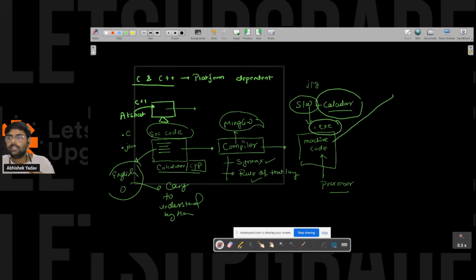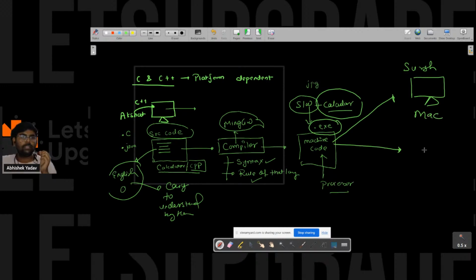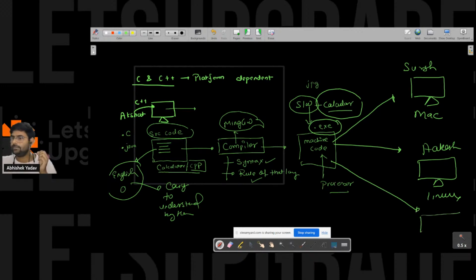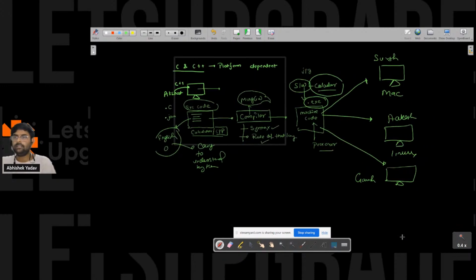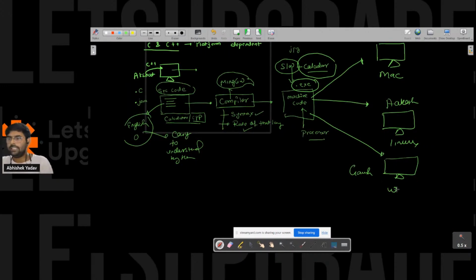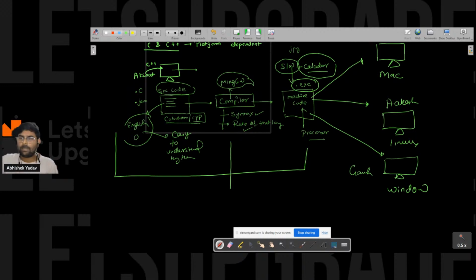this executable file with my friends. Let's assume the friend's name is Suresh. Suresh is having a Mac. And there is one more friend, Akash, who is having, let's assume, Linux. And there is one more friend, Ganesh. Ganesh is having Windows. And Akshat has compiled this source code on the Windows machine,